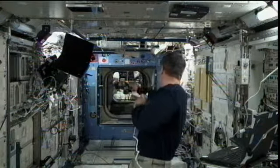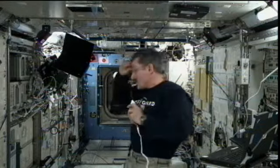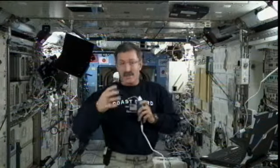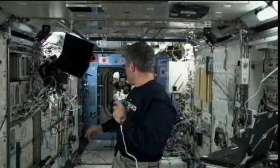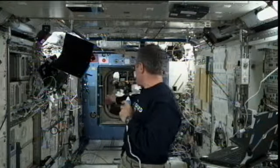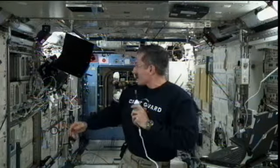And there's an experiment back towards the left of your view, very deep in this field of view, which allows you to acoustically levitate materials, to actually do processing of materials absent the gravity-induced convection you have on planet Earth. That experiment still has some work to go to get it running, but that's one of many facilities that are in here. There's a number of racks, one of, I think, a total of 8, that allow you